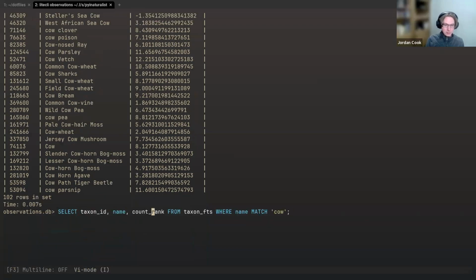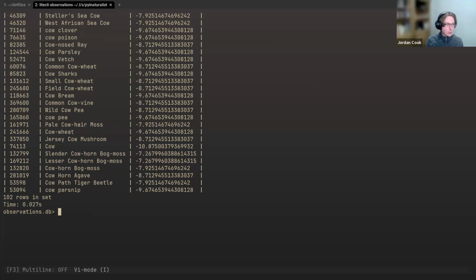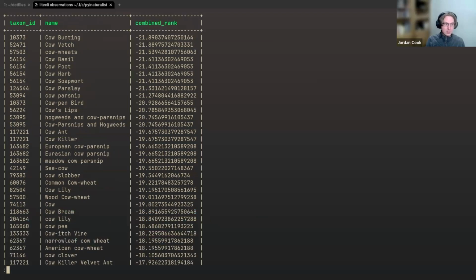Separately, there is a hidden attribute called rank in SQLite FTS5. You can query on it and order on it. So there's already this rank that's based on text similarity. So what I am doing is a query like this. That value is negative, so a lower value is actually more relevant, including that internal rank value. So I'm taking that, taking my normalized count rank value and combining them, and then sorting based on that. And then I get,